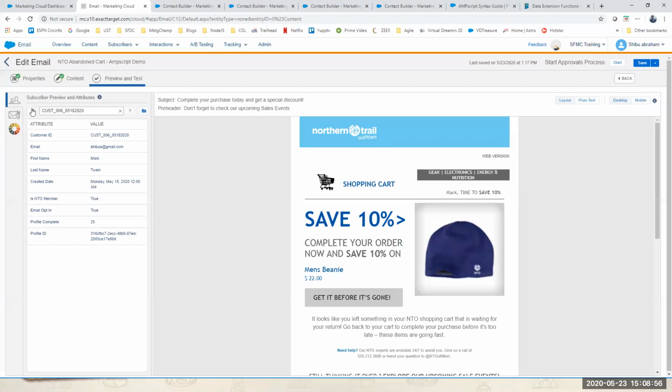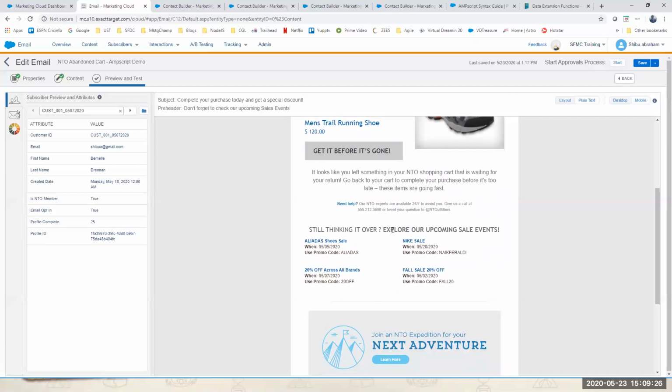Okay, so earlier we only saw the bare data, right? But when you add that into a proper email template, every person, when they receive their email, will get something specific to what they have actually purchased, worked with, brought from your site, or saved in your site. Okay, so this is what they will get. You can even customize it in such a way that if I click on it, it will actually go to that specific page. So there are URLs also linked to it, okay, so you can click on that.